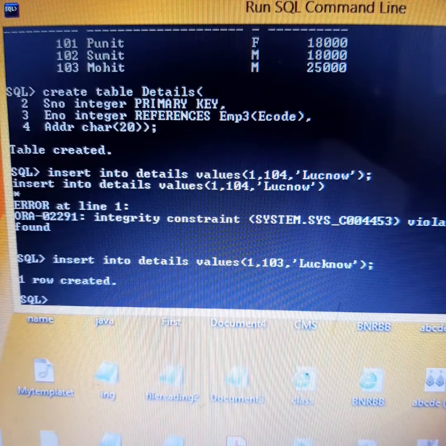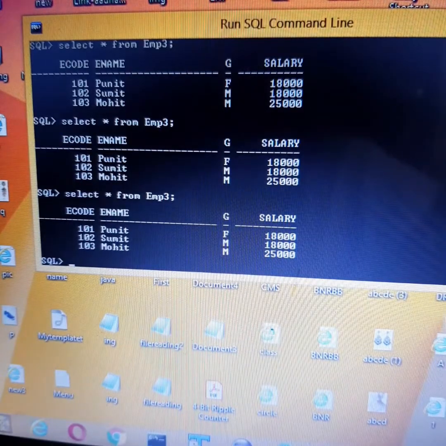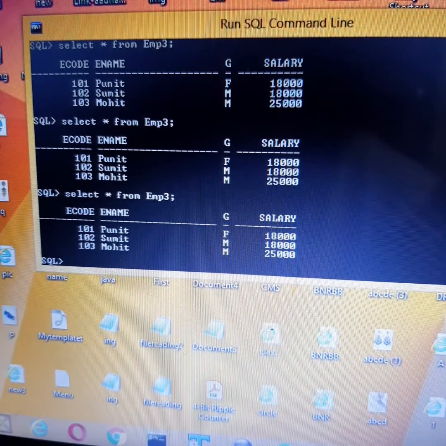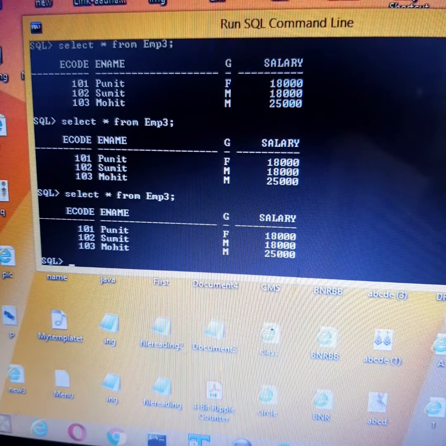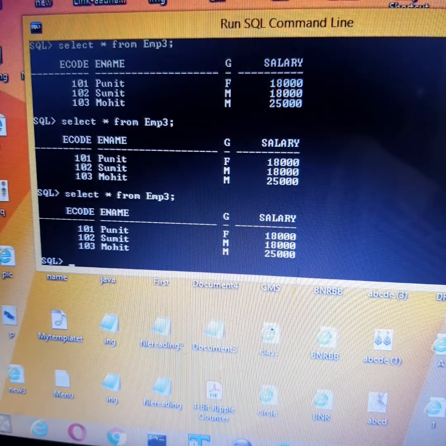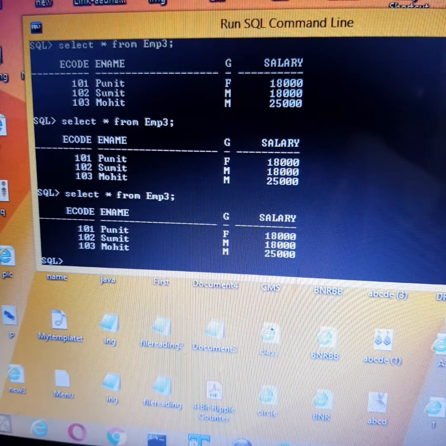Now suppose I want to add some constraints which are not in my table and I forgot while creating the table, and a new attribute also I want to add, then in that case alter table will come to rescue and help us to do these things. So let's see, suppose we are going to add a bonus as an attribute in this details table which we have created, and we want to keep a check constraint in it.